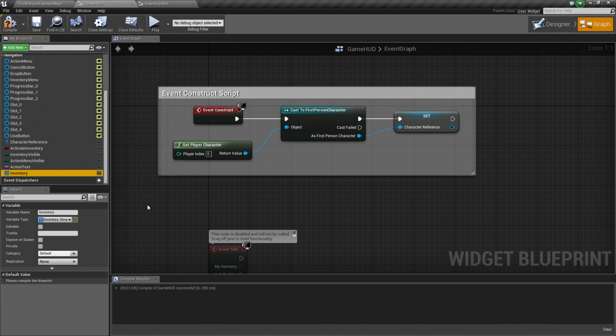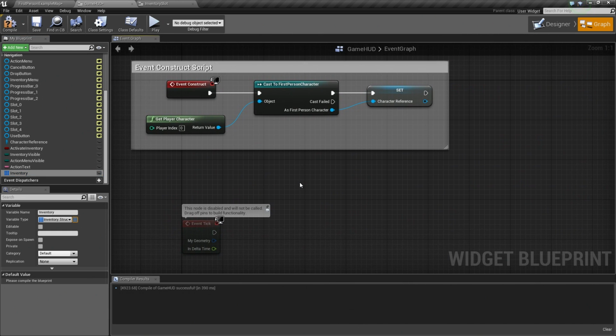So if you are going to do this in your own project, I would suggest that you move this actual inventory variable here into the player controller, and then upon event construct, get a reference to it or pass it through a Blueprint interface. But for our purposes, this is a tutorial on UMG and not necessarily blueprints themselves. So I just wanted to throw that out there. This is perfectly fine the way that we are doing it, but I wanted to mention that you would probably want to do that for clarity. There's always a bunch of different ways you can do things in Unreal, but I just wanted to mention that.